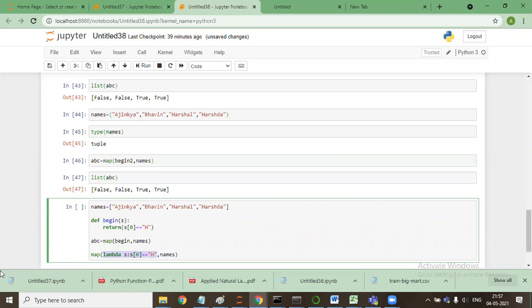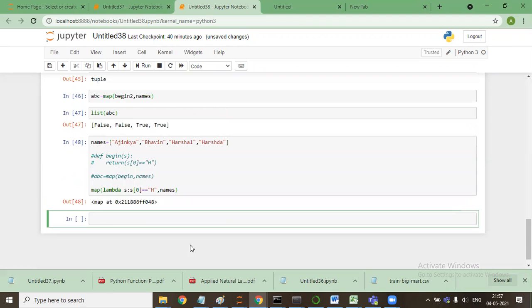So here I said lambda s. The argument is the same. s is the thing that will come here. If s[0] is equal to 'H', then it is being mapped and applied to the names. So if I'll make this function, these three values, sorry, clear one. These three are being replaced by this single line.